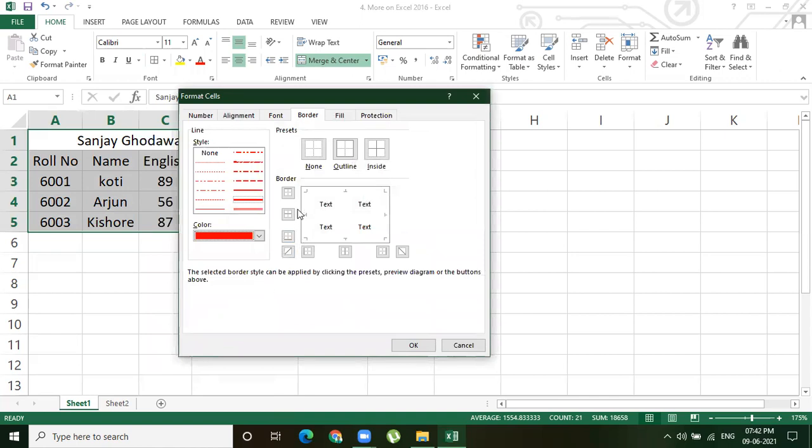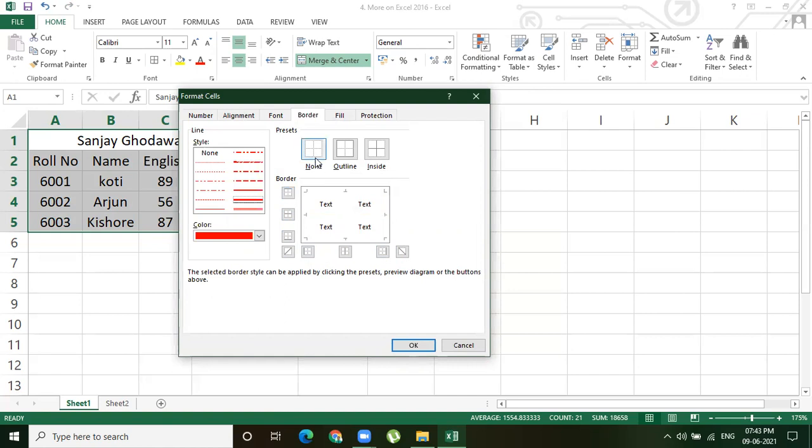And next here you see border. If you want to apply a top border, you can observe the top border is applied, middle, bottom, left, center, right. So complete all borders, right? So here you see there are cross borders. We don't want to apply like that, right? Even if you want to disable, you can disable by clicking on these options,